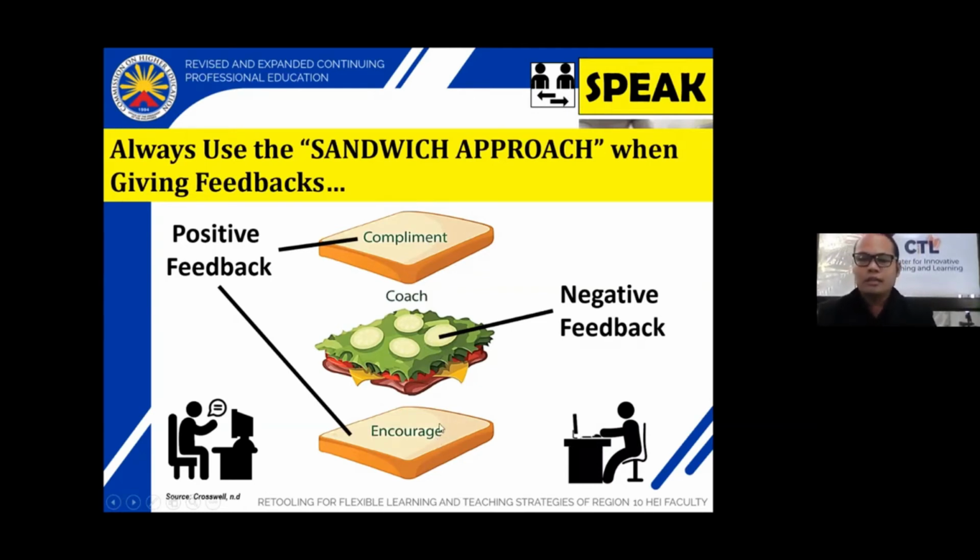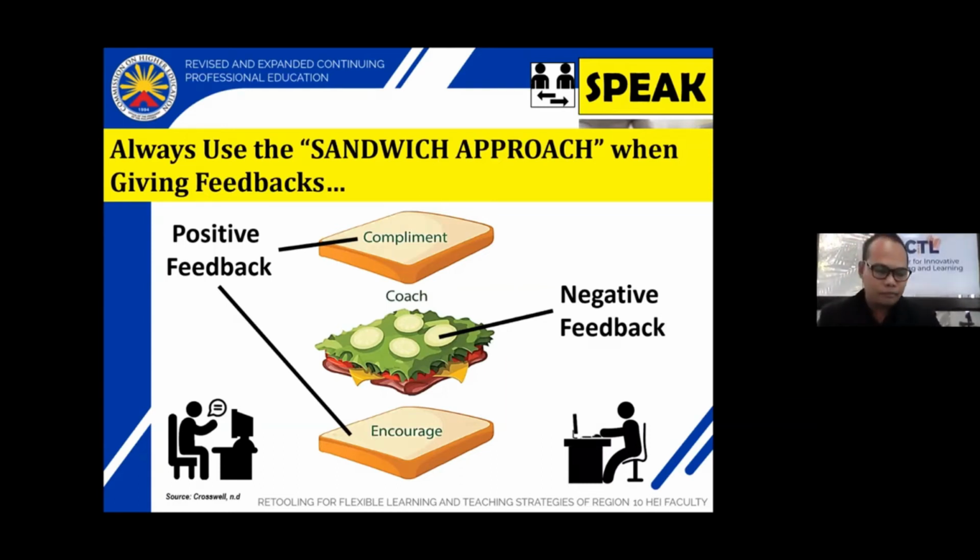Because napaka-critical po kasi yung last na tinapay kasi whenever we give feedback to students, after the session, we have to make sure that the student will still feel empowered, will still feel motivated after the session we've done with them during the feedback. Kasi according to studies, according to research, sometimes, or no, most students usually find the feedbacking session of the